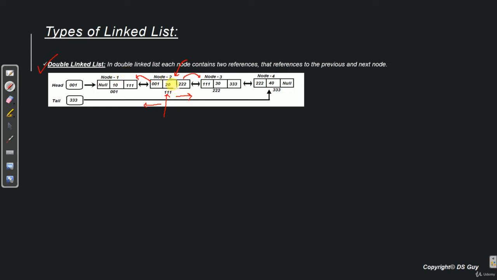But in a double linked list, node 2 also stores the address of node 1, which is 001. So from a given node we can traverse either right or left. It depends on us. So a double linked list gives us that extra flexibility of traversing in both directions.